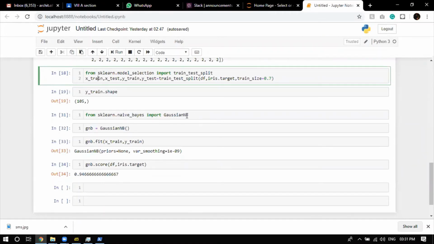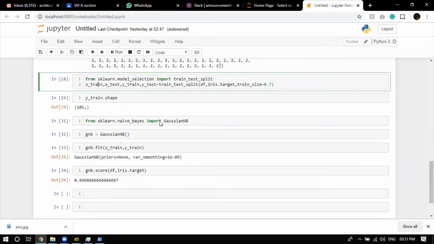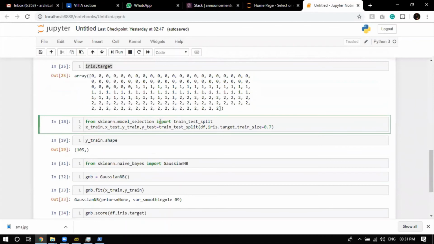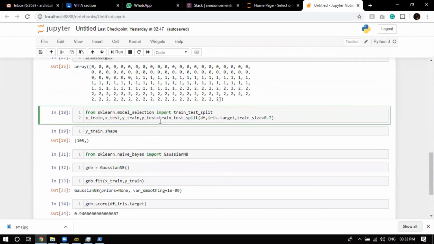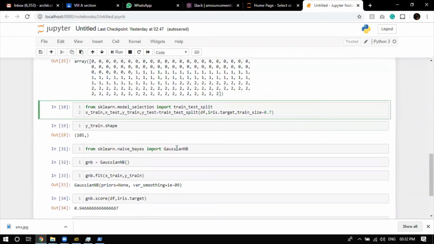One thing is you can use each of them here and there. It's not really necessary that you have to use Gaussian here only. If I write Bernoulli here, or multinomial, it's going to work, not exactly the same. The model accuracy can either increase or decrease. So this time we're using the Gaussian NB.